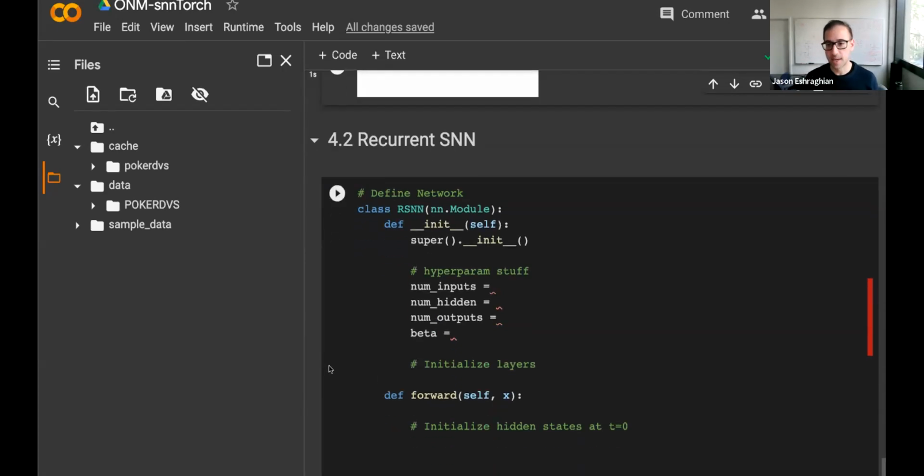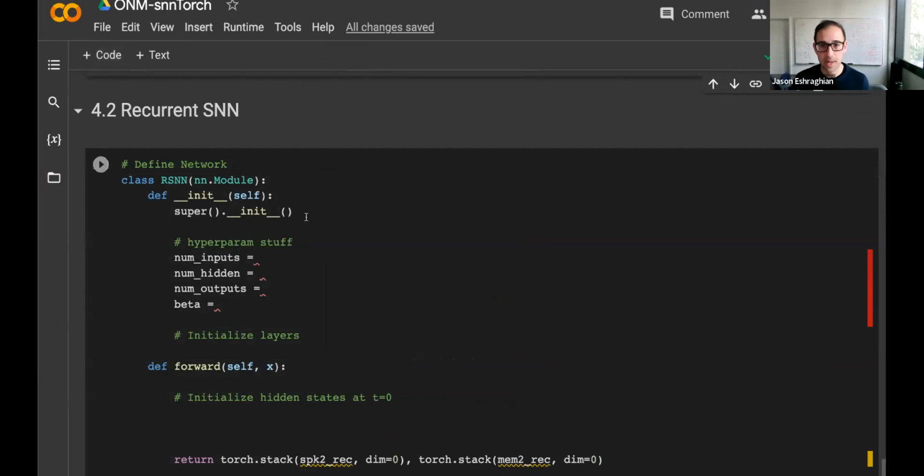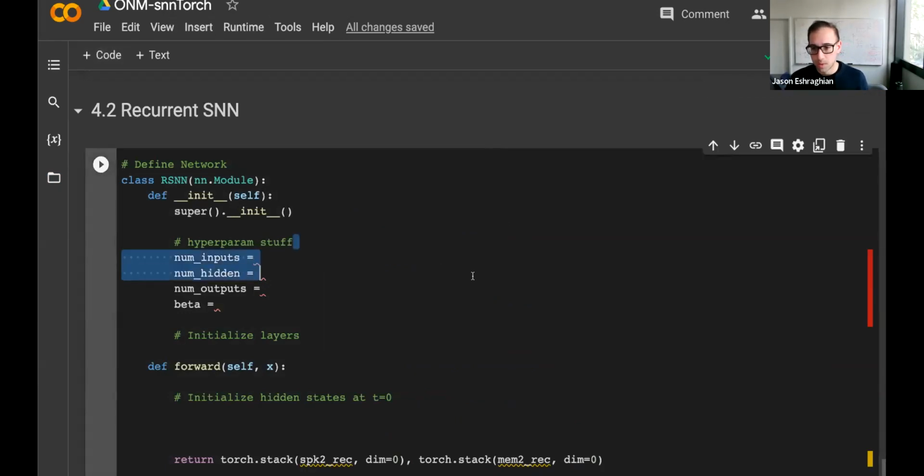Let's use a recurrent SNN. So what is a recurrent SNN? I'll do a quick drawing here. We've got our input X. We scale it by W, which we instantiated by nn.Linear, and pass that into the leaky integrate-and-fire neuron node. That generated the internal membrane potential, and we generated a bunch of spikes.